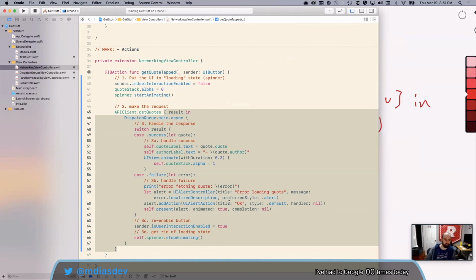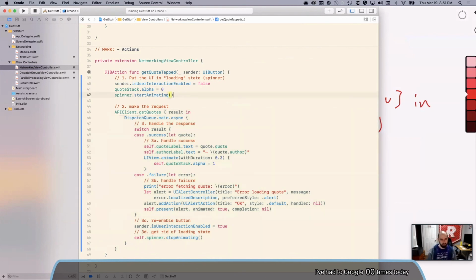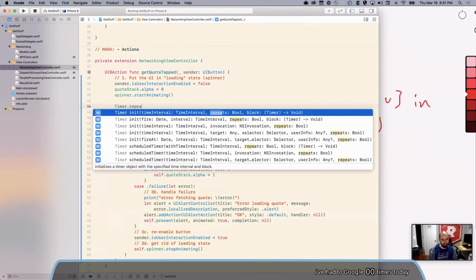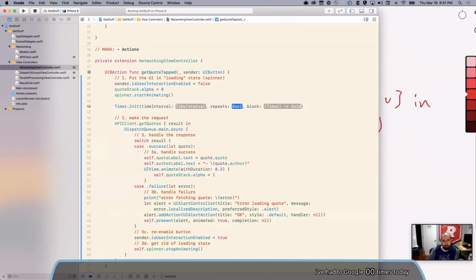So there's a lot of FUD, fear, uncertainty, and doubt around when you're supposed to do weak self. But for many of the common use cases in closures, you don't, and you only do it when you're owning the closure, or if you really care that some long running piece of work shouldn't keep your thing alive. I will caveat that with one thing, which is if you have a repeating timer and it has a block, since the timer is repeating, it will never release that closure that you passed in until you tell the timer to stop. So if you need a timer that will stop when its owning view controller goes away, then you need to do a weak self there. One little caveat for you.